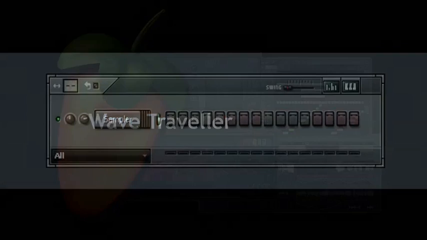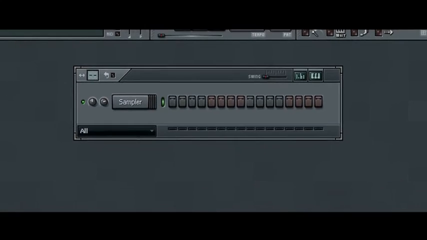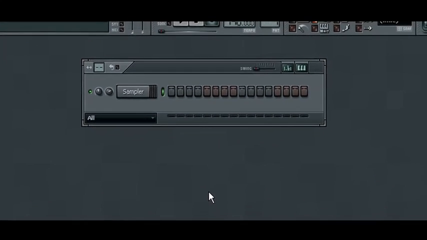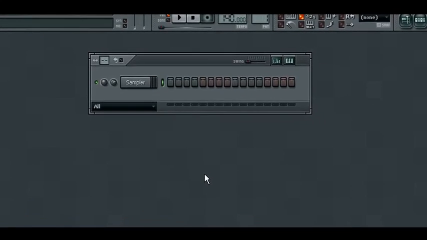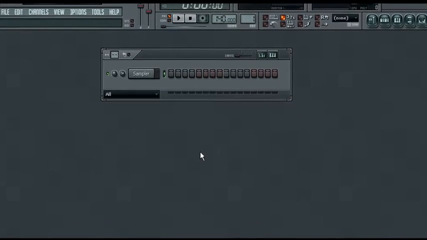In this tutorial, we're going to take a look at the Wave Traveler. We're not really going to cover anything new, but we are going to take a look at some ways we can use the Wave Traveler other than creating simple scratch effects, which is usually what it's used for. If you haven't already done so, go ahead and take a look over the Wave Traveler and get familiar with